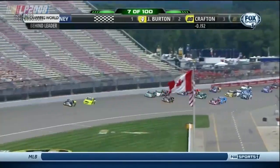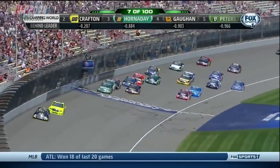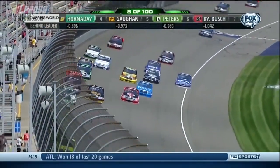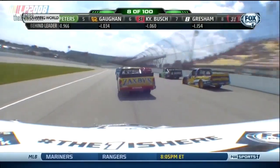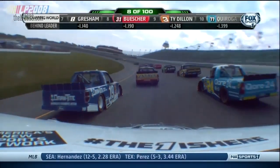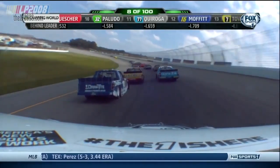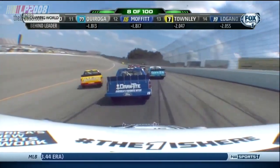Jeb Burton, chased by that 88 of Matt Crafton, will lead this green flag lap. Joey Logano in that blue truck down on the bottom below the white line, making it about 4 wide. Yeah, look at him go there. Logano in the 19 makes the move on the inside of Joey Coulter, who we're riding along with. 3 wide in front of him. Look at all the differing speeds. You get in a corner with a bad...